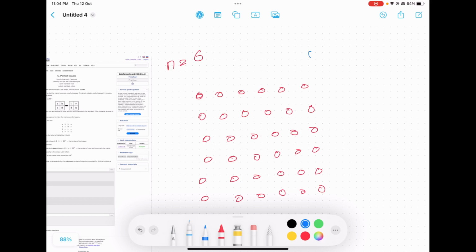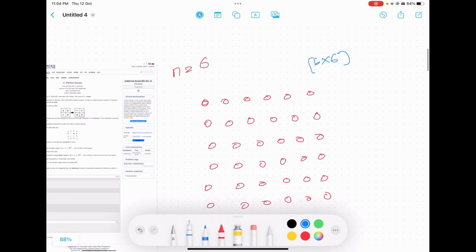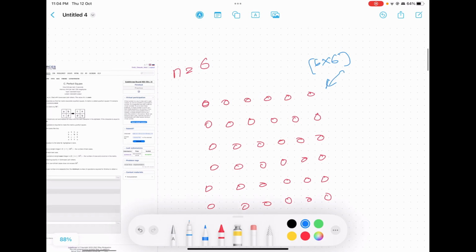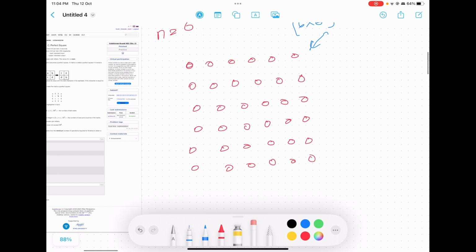This is a 6 by 6 matrix. For this matrix to be a perfect square, it will be like this.